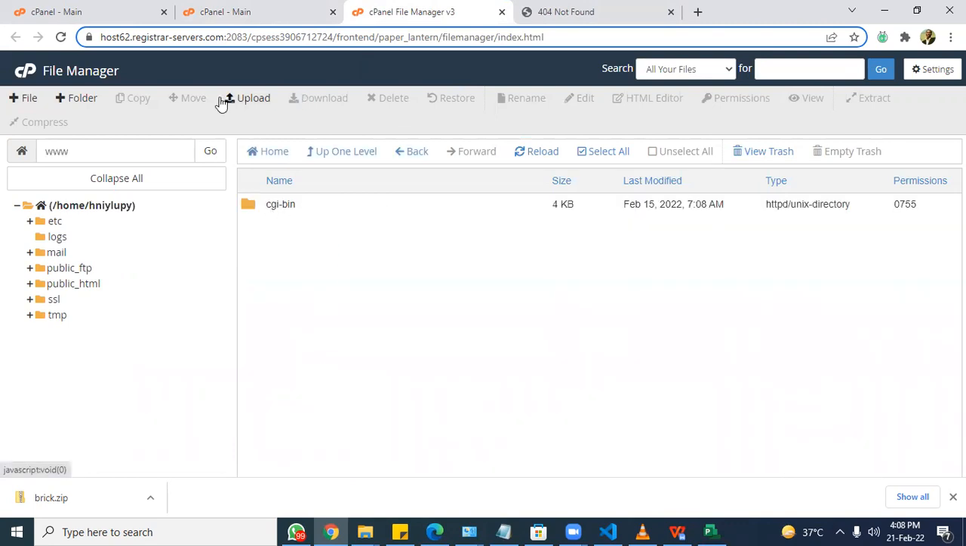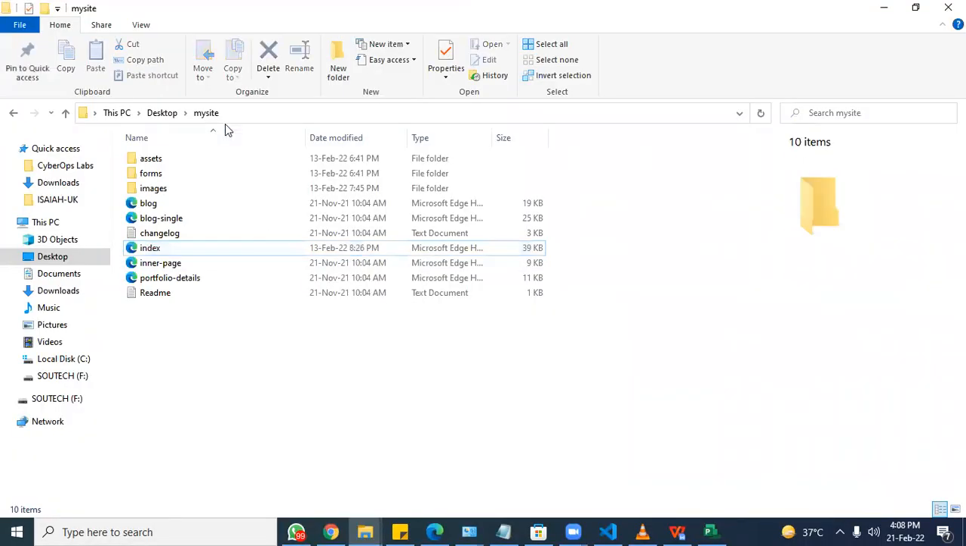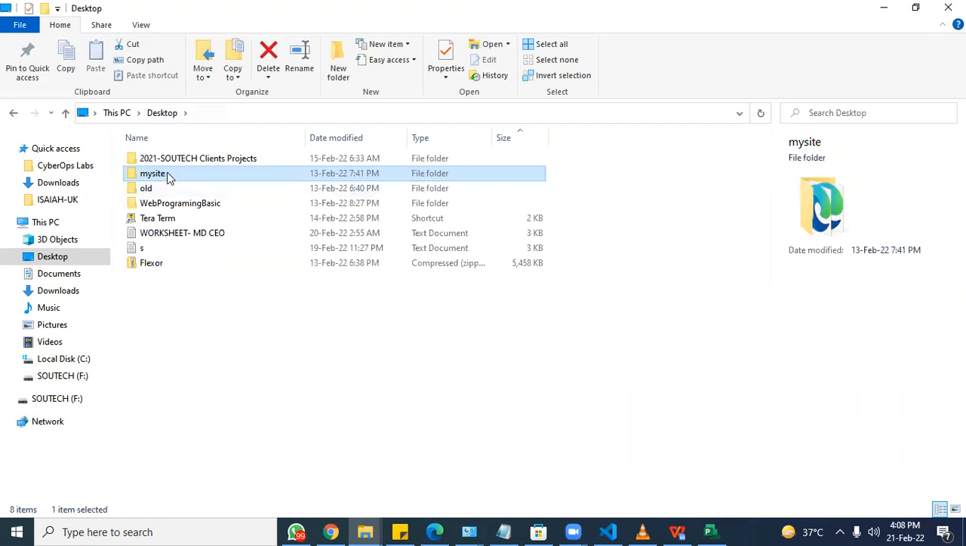So I'll create a folder. You could create a file, you could create a folder, you could upload your website, whichever way you want. But I think what I'm going to do, instead of creating this folder called corporate, I'm going to go to my website. This is my site, right? See the way it is, my site. I'll rename it corporate,